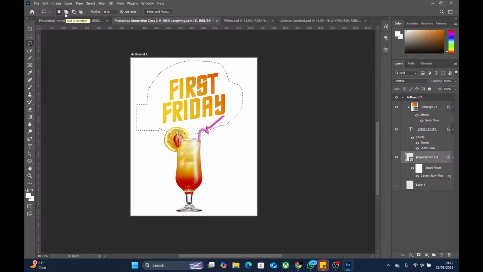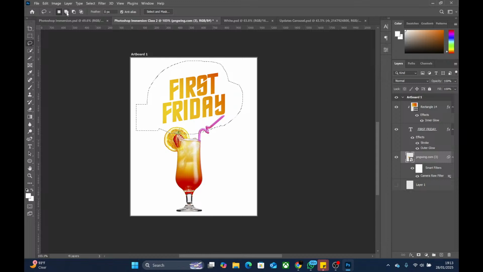Always put this at the back of your mind. Whenever something is not clear to you on Photoshop, you just put your mouse on it. It will tell you what it does. That is the beauty of it. It will immediately tell you what that tool does or what that icon stands for. So right now, I put my mouse on it. It says add to selection. The previous one says new selection. That is, if you draw now, it will select something new. The previous selection will be discarded.